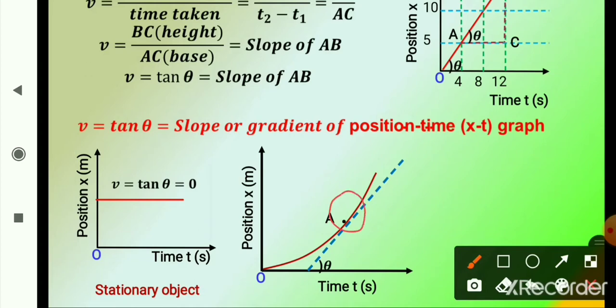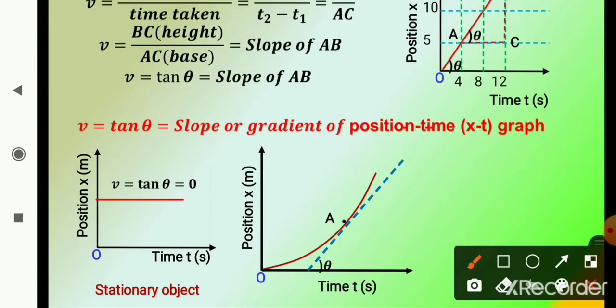Draw a tangent at the given point. जिस पॉइंट पर आपको वेलोसिटी निकालनी है वहां पर आप एक टेंजेंट ड्रॉ कर दीजिए. Tangent is a line which touches the curve in one point only. टेंजेंट वो लाइन है जो इस कर्व को सिर्फ एक पॉइंट पर टच करेगी. So you can see that